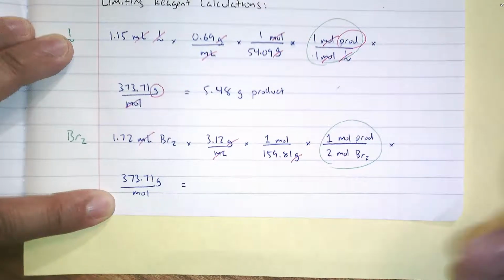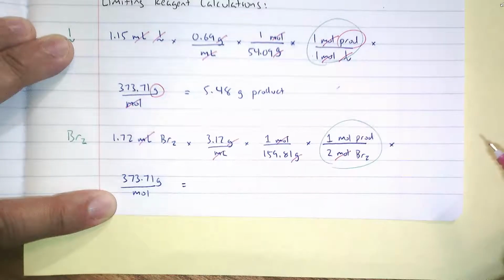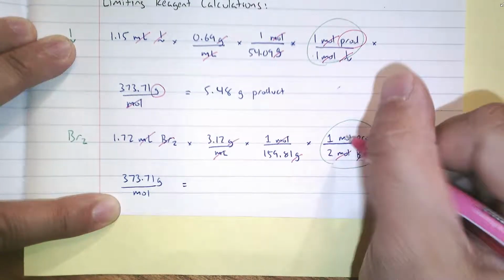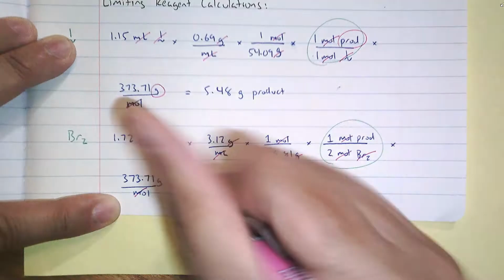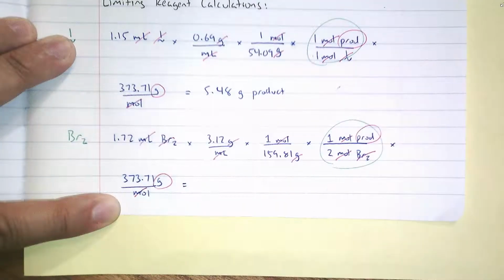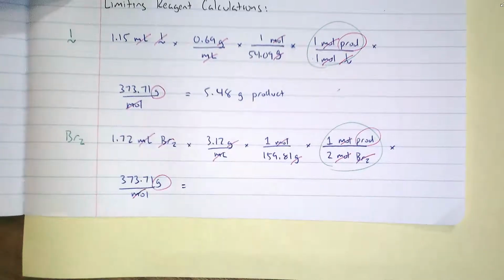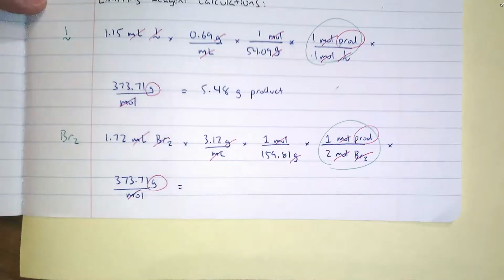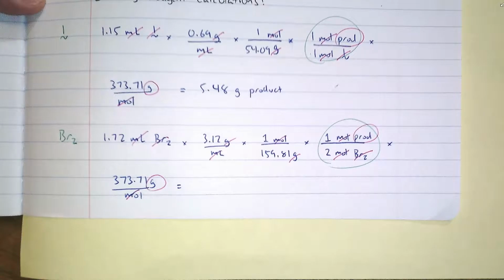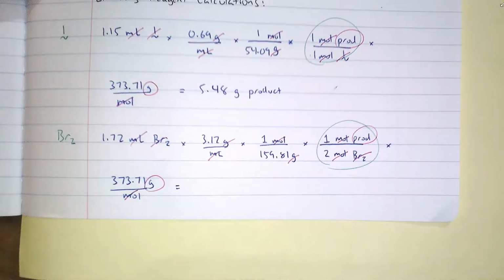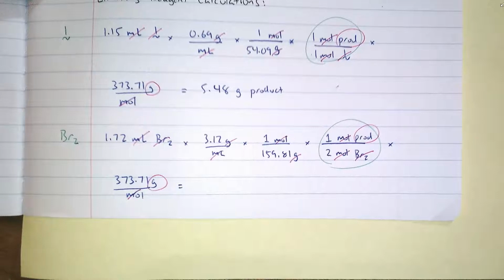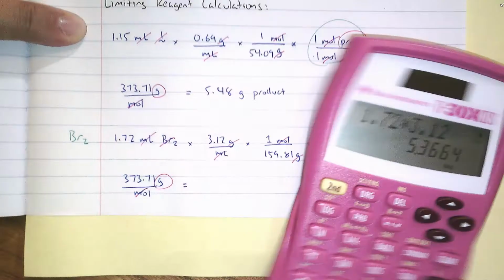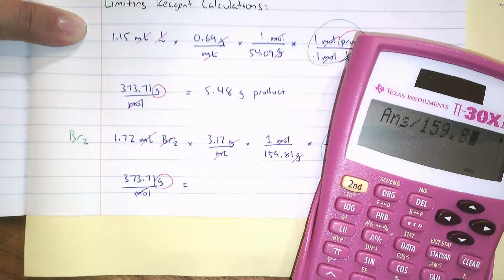Because look what's going to cancel out now. The moles cancel out. The Br2 canceled out. And a mole here and a mole down here. We have grams of product left over. Okay. Let's see how many grams of product we get if we consider all of the bromine being consumed and incorporated into the product molecule. Okay, again, 1.72 times 3.12, and I like to press enter after each operation. Okay, so I have that number saved. Divided by 159.81 equals,